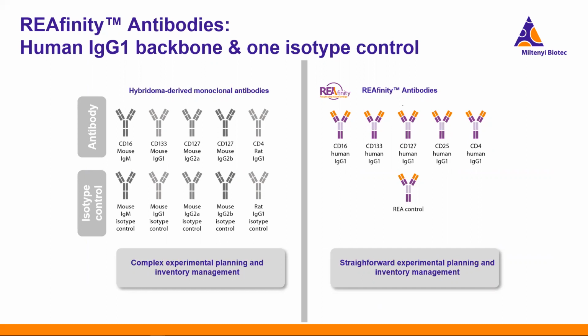If you're using the RIAs, on the other hand, our recombinant antibodies, all of the isotypes are the same. So it doesn't matter if you have an anti-human, anti-mouse, anti-rat. It doesn't matter what your target marker is or what species it is. You're only going to need to have one RIA control and in the color of interest. And so this will make your experiment planning a lot easier, but I really just like that you can throw out the mystery box.